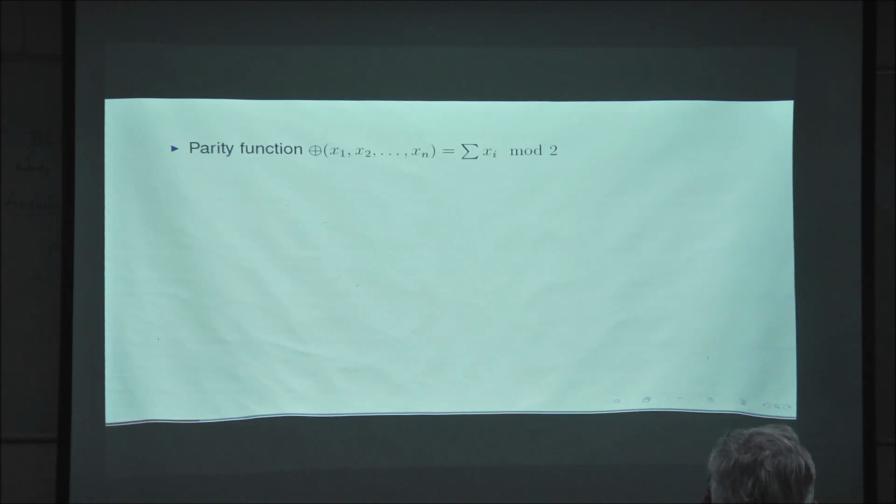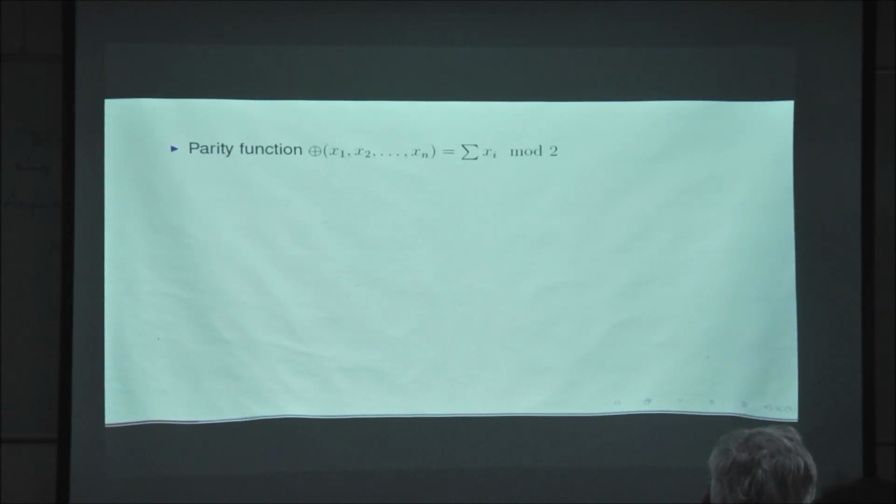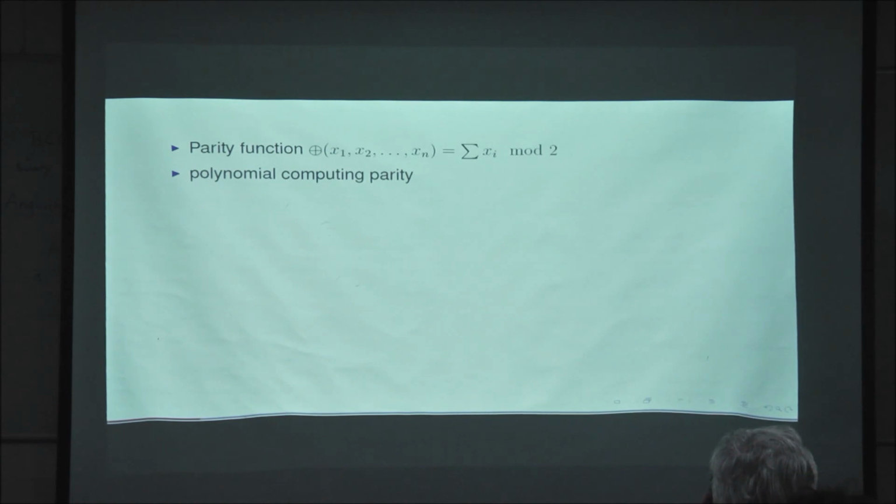So in particular, the parity function, which from this representation is not clear at all, can be written as a multilinear polynomial with real coefficients. Only when you do that, its degree blows up. It's a linear polynomial over F2, but its degree blows up all the way to n, the maximum. We saw this particular example in the tutorial, but let me just recall it. So here's a polynomial computing parity. Since I'm working over the reals, I can easily transform 0, 1 to 1, minus 1 via a simple linear change in basis.